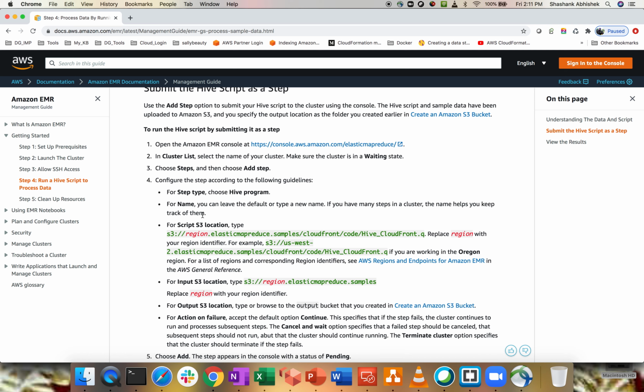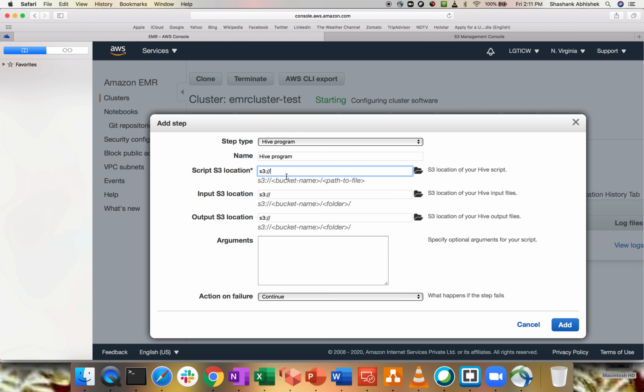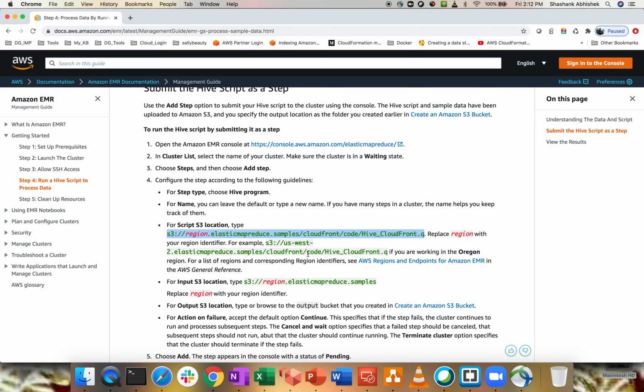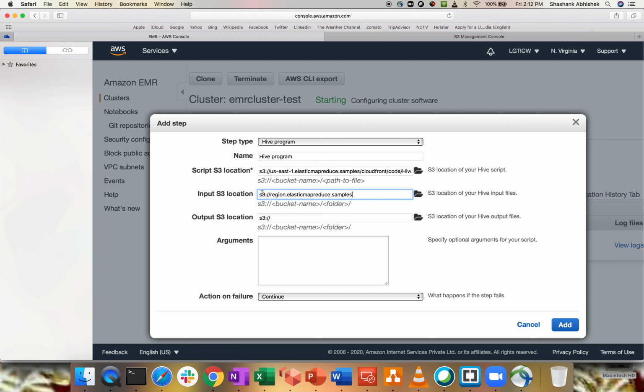The steps are written right here itself. For the S3 script, you just copy this location. These are the Hive CloudFront scripts that we have for the data processing samples. Let's copy that, and instead of region, let's give US East 1. I'm in US East 1, Virginia, so you have to change that location. Input S3 location, again, these are the samples. Select that